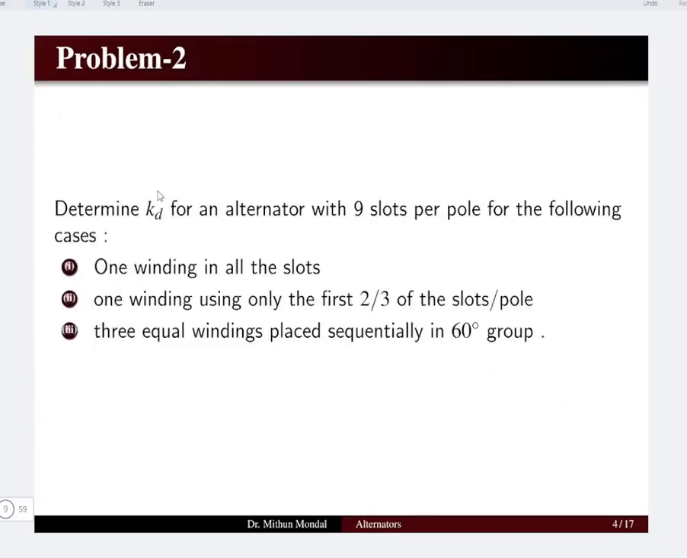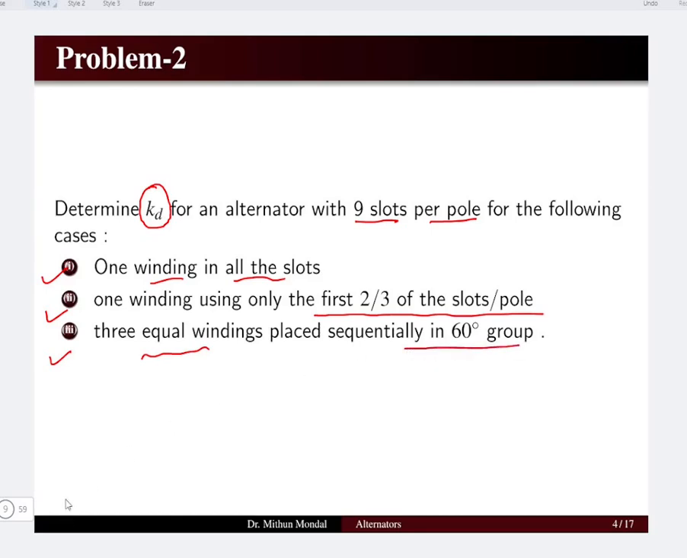Here we need to determine the value of Kd, which is the distribution factor, when the windings are distributed in different slots. The alternator has 9 slots per pole, and in the following cases we need to determine the Kd value: when winding is present in all the slots, when one winding is present only in the first 2 by 3 of the slots per pole, and when 3 equal windings are placed sequentially